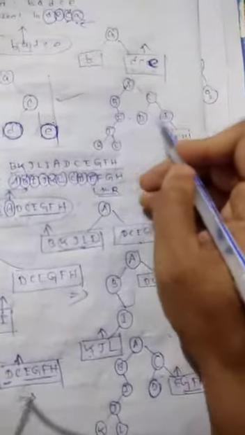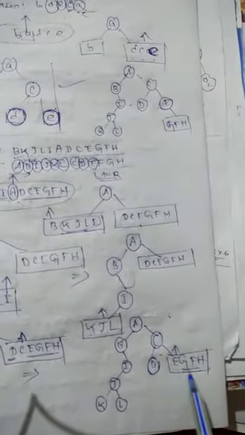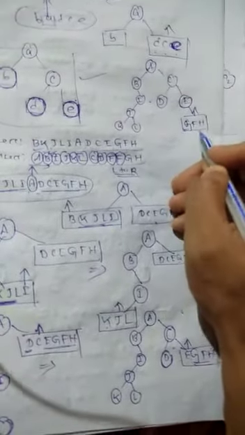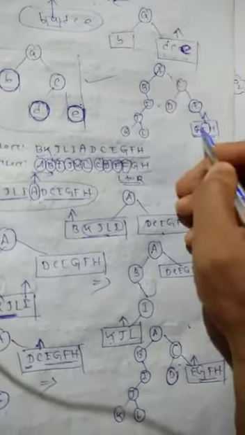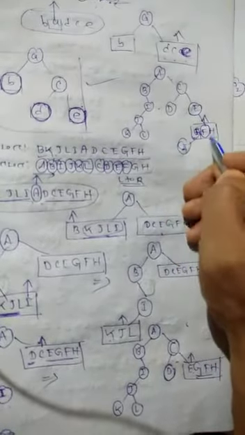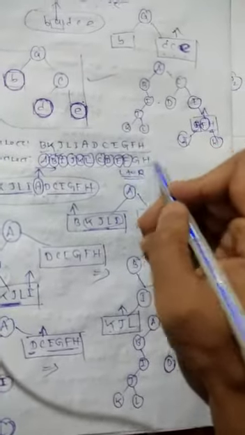Next is E, so E goes to the upper side and these are some right. I am drawing this tree here. E will be at the upper side and whatever is on the right after E: G, F, H. So here G, F, H. What is next? Next is F, that means F will go to the upper, G is the left and H will be the right. So here F will be at the upper, then G will go to the next and H will go here. Then G will be a single node and H also a single node.